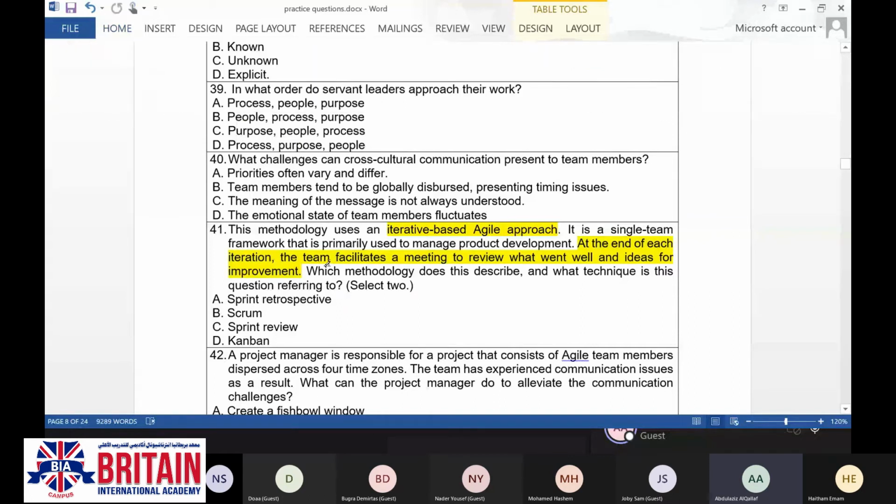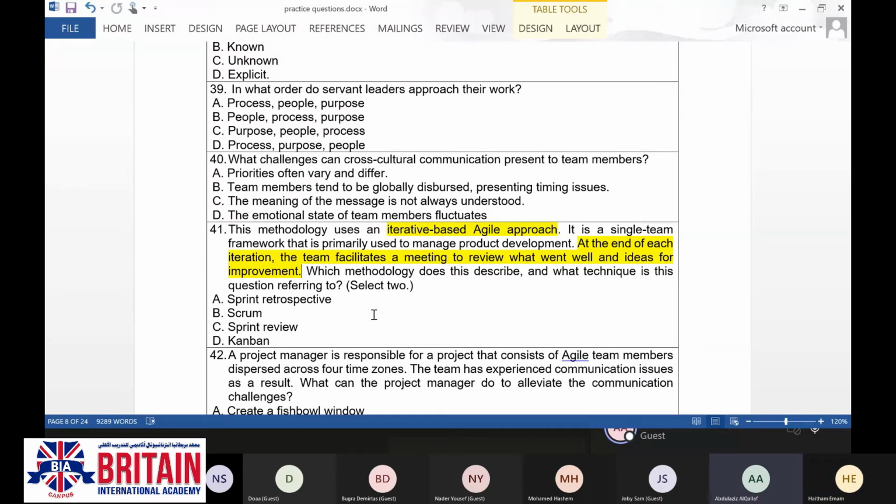So when we go to the choices, A is sprint retrospective, B Scrum, C sprint review, D Kanban. When we go to the first part, which says which methodology does this describe, we refer to the question, in the middle it says at the end of each iteration. It means that iteration is related to Scrum.